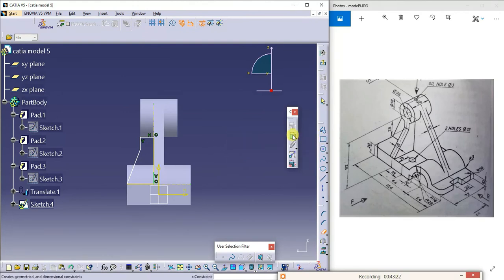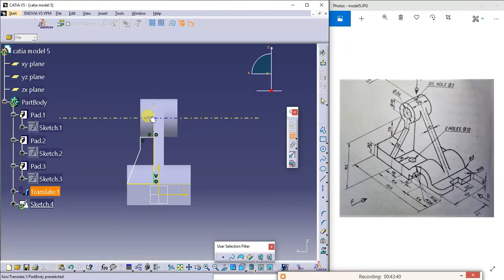So I need to give the dimensioning of this. I need to do the dimensioning of this. This is from the center. The height of this is 28 here. See the dimension here, 28.